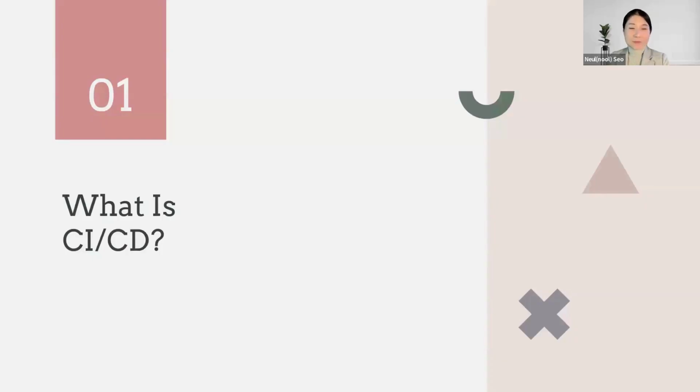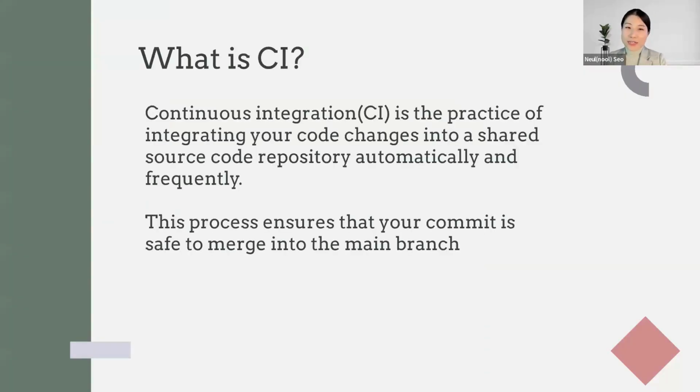Let's first talk about what CI/CD is. So what is CI, also known as continuous integration? CI refers to the practice of integrating your code changes into a shared source code repository, where it happens automatically and frequently. This process ensures that your commit is safe to merge into the main branch. And now let's move on to the CD,